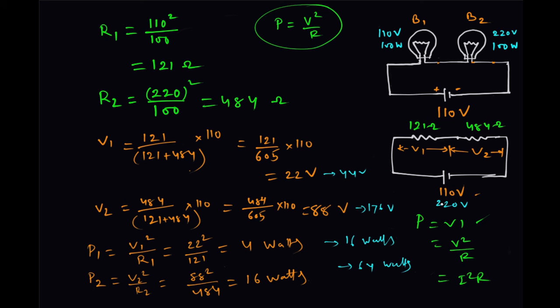Now you can go on increasing this voltage. Up to what voltage can we increase this? To such a point that V1 or V2 should be less than 110 volt or 220 volt. If any of these voltages approaches the rated voltage, then you should stop it. Otherwise the filament will get burnt, because they are rated for those voltages. Okay. Now it is a homework. You can calculate what voltage should be applied so that one of these voltages will approach the rated voltage.